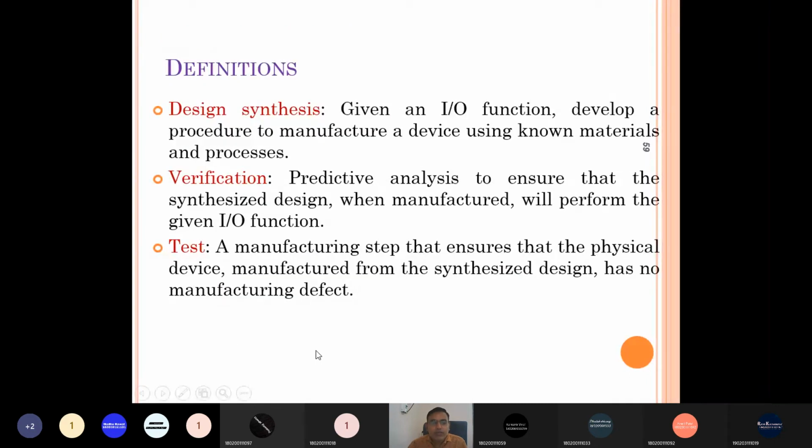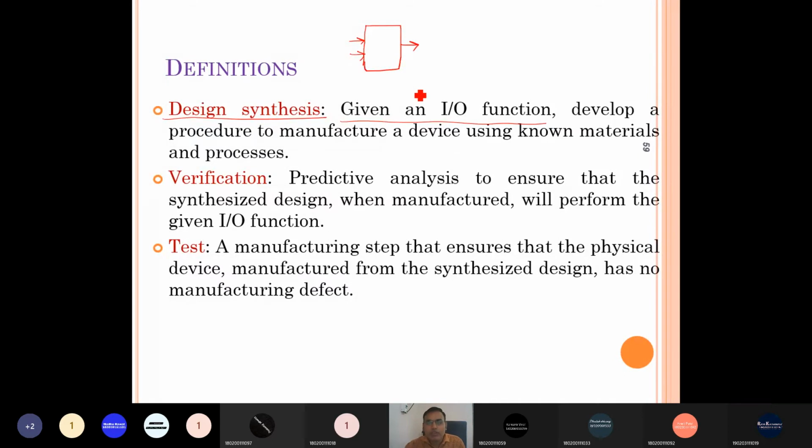Now we'll see the definition of design synthesis. Design synthesis means, given an IO function, the input and output relationship of any design, right? IO function means a transfer function, so it relates the input and output.